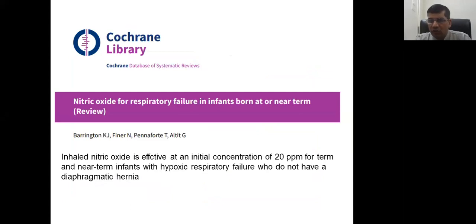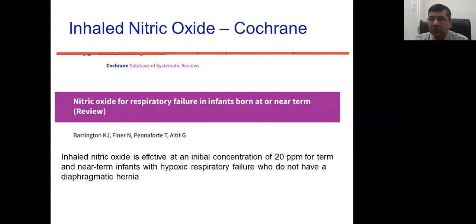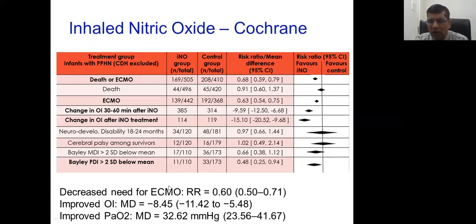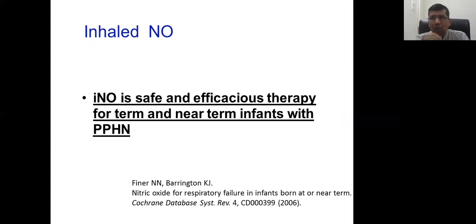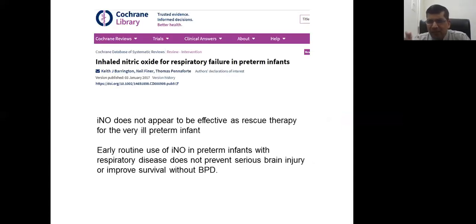What about the nitric in the Cochrane data? Yes, we all know nitric is the best drug for hypoxic respiratory failure in a term baby, early term babies, preferably about 35 weeks. The preterms we don't have enough literature. We know about decreased need for ECMO, improved OI, improved PO2, all the Cochrane data, as you know, but still repetition. So nitric is safe, effective in term and near term babies. In the preterm babies,